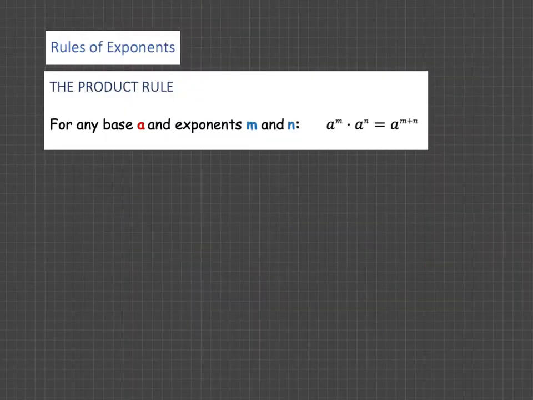Now we're going to look at some rules of exponents, and there are 6 of these total. We're going to go one by one, look at some examples, and then we'll do examples in the practice problems where we combine these rules. So the first one is the product rule. Because of the name, that word product implies that we are going to encounter some multiplying. We get a product when we multiply